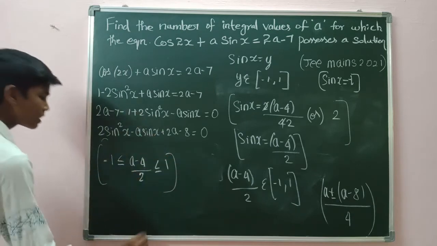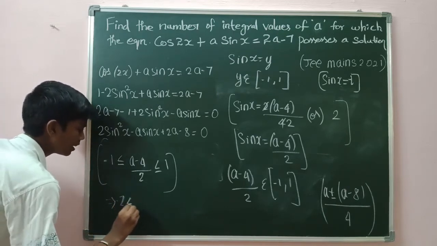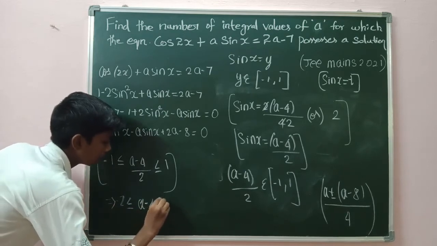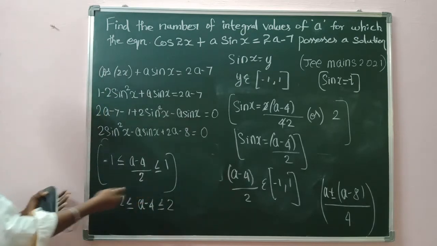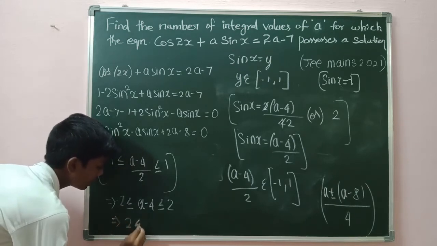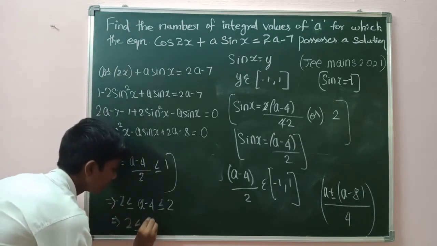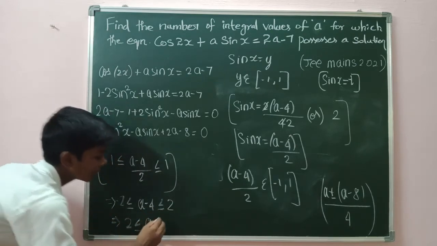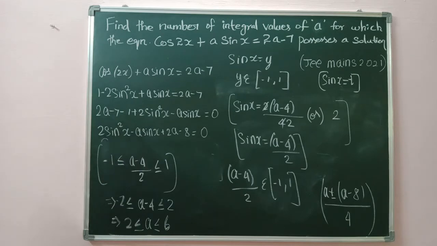So now try to solve this. When you solve, I will get minus 2 less than or equal to a minus 4, less than or equal to 2. Now add 4 on both sides and you will get 4 minus 2, which is 2, less than or equal to a, less than or equal to 2 plus 4, that is 6. Now what they are asking in the question is the number of integral values of a. So we know that a lies between 2 and 6, where 2 and 6 are also included,